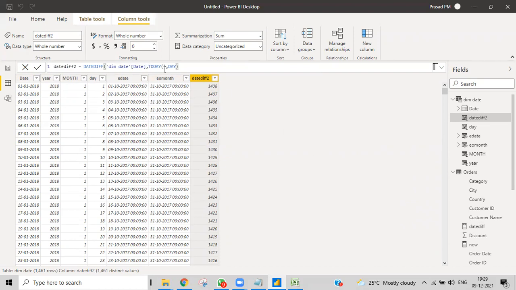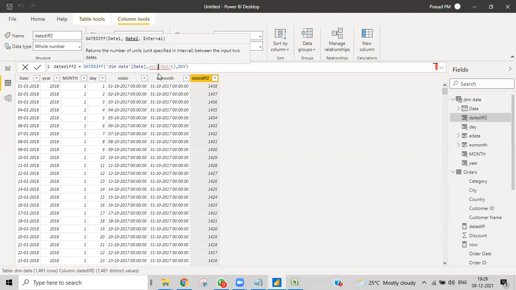Today never changes. Then you come tomorrow and you can see this will increase: 1439, and then this is 1438. This is where it will be dynamic. Today is always dynamic. If you hardcode the date, it obviously doesn't change when the date moves to tomorrow. Like here, we gave a date of December 12, 2021, and today's date is 09. For today it will show, but for tomorrow it doesn't move. It will remain the same every day.